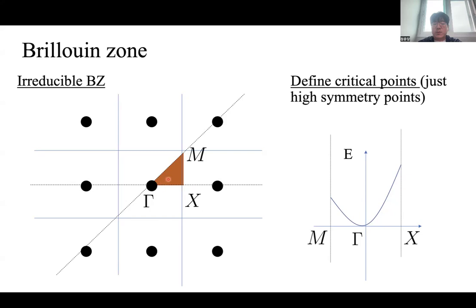In other words, if I were to draw k vectors like this, this is the curve that I would get. On the other hand, if I look at this direction, if I draw k vectors like this that go from gamma to m, this is the type of evolution that I would get along this series of k vectors. So then if I know these two directions, the rest of this area I can draw by a sum of